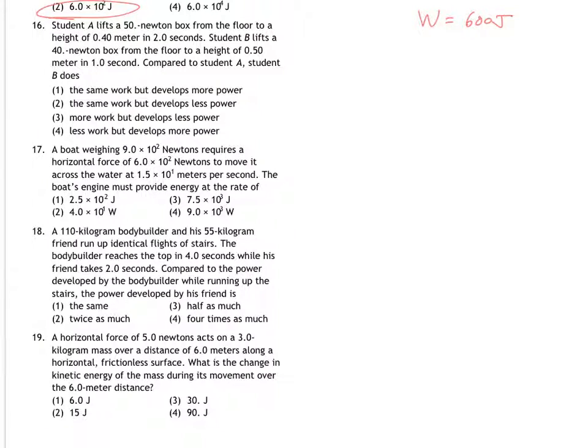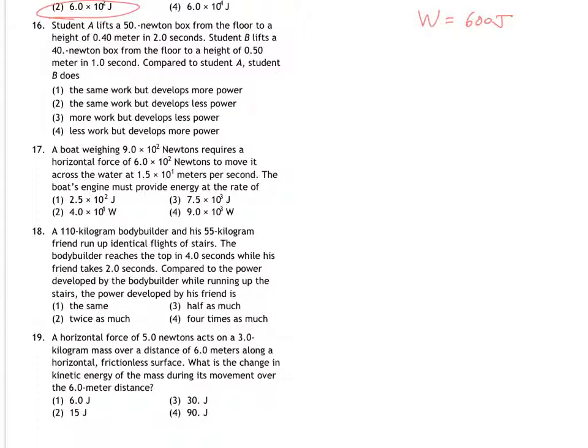Student A lifts a 50 Newton box from the floor to a height of 0.40 meter in 2 seconds, whereas student B lifts a 40 Newton box from the floor to a height of 0.50 meters in 1 second. They could ask us about work or power here. Let's keep reading to see what. So compared to student A, student B,